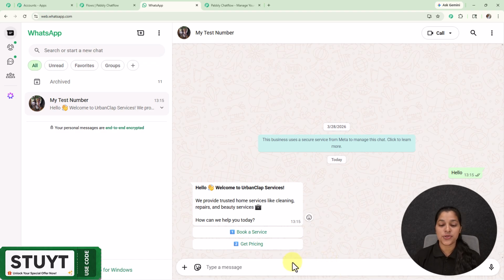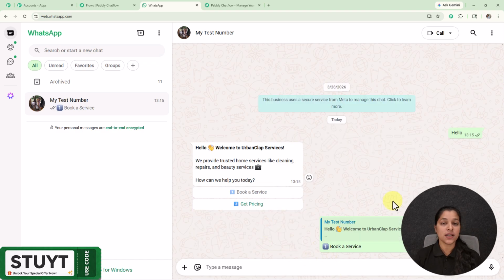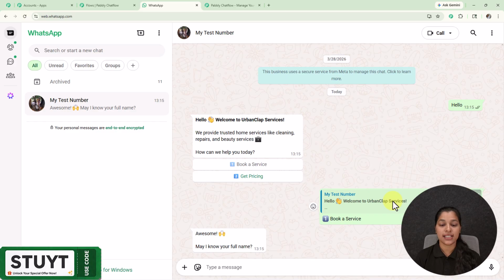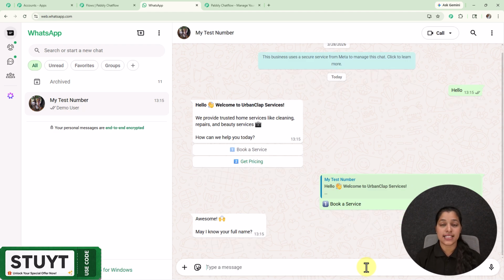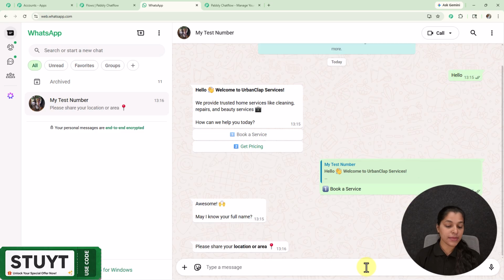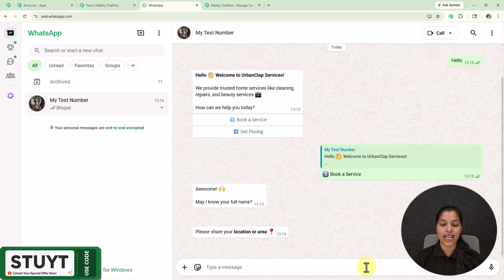Here I'm going to select this first button, that is book a service, and as I have selected it, I'm getting a message which is asking me to enter my full name. So here I'm going to enter my full name as demo user. As I have provided my full name, I'm getting a message which is asking me to enter my location or area. So here I'm going to enter my location or area as Bhopal, and as I have provided it, I'm getting